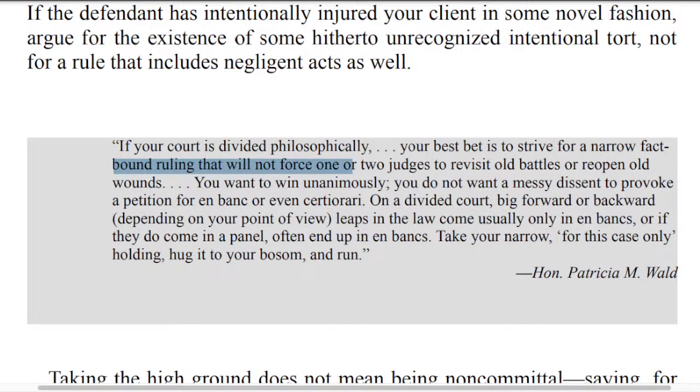that will not force 1 or 2 judges to revisit old battles or reopen old wounds. You want to win unanimously. You do not want a messy dissent to provoke a petition for an en banc or even certiorari. On a divided court, big leaps in the law, forward or backward depending on your point of view, come usually only in en bancs, or if they do come in a panel, often end up in en banc. Take your narrow, for-this-case-only holding, hug it to your bosom, and run. All right, so we're talking about